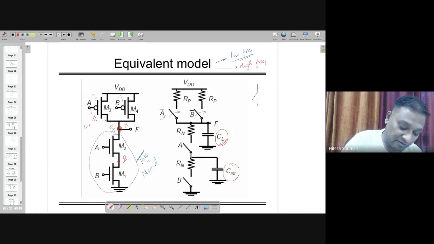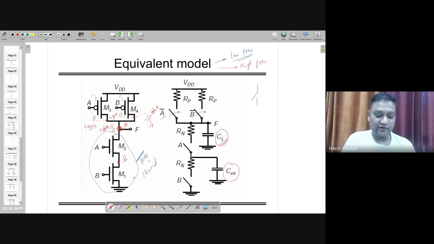Look, this is coming because of CGS3. This is CSB3. Here again, CSB4, sorry, CDB4, CDB3, here CGS4, and similarly you can find the others, and you can see that all these capacitors are going to be added. By the way, just for completeness, one more, CSB2, and here CGS2.